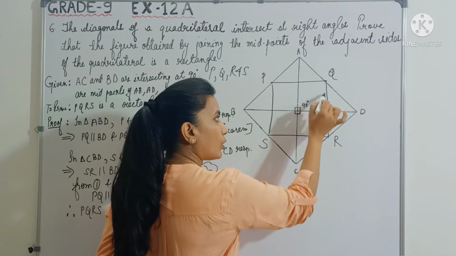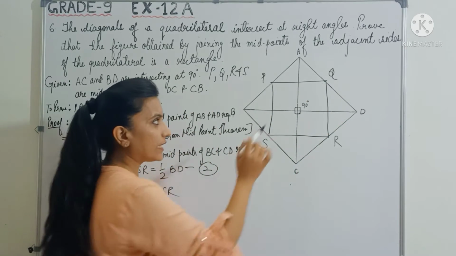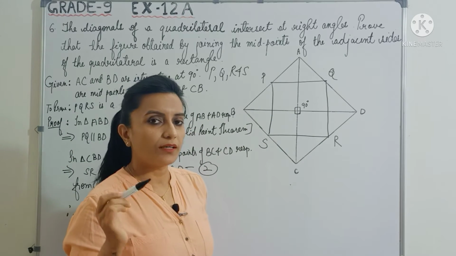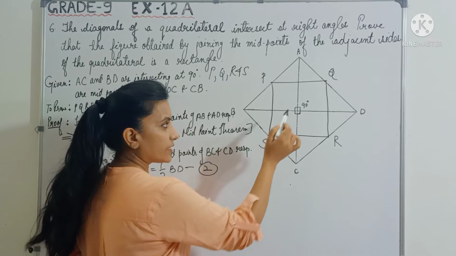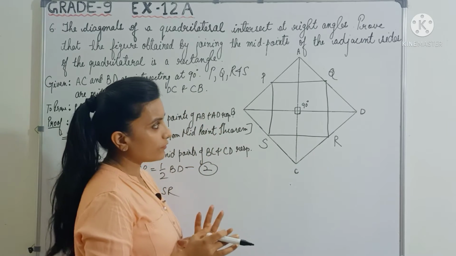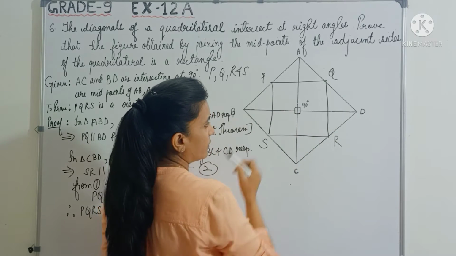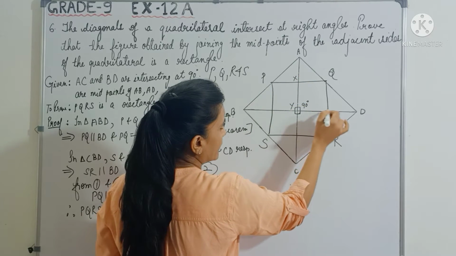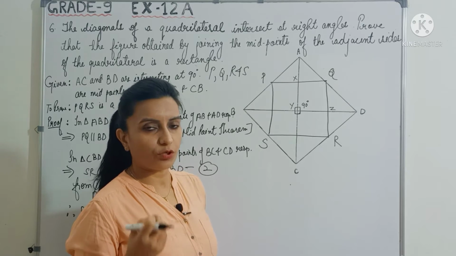Now I am getting a quadrilateral here, right? Now if I show that this quadrilateral is a parallelogram, then in a parallelogram the opposite angles are equal, right? So if this is 90, even this will be 90, right? So my purpose will be done. Okay, so now you have to think, how do you show that this quadrilateral is a parallelogram, right? So you can name it, let's say X, Y, Z.